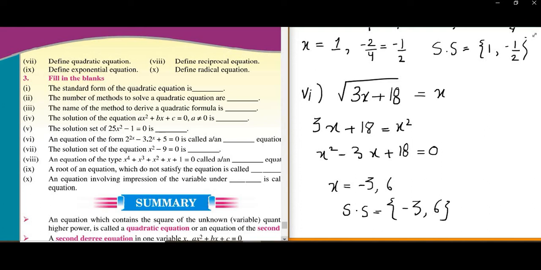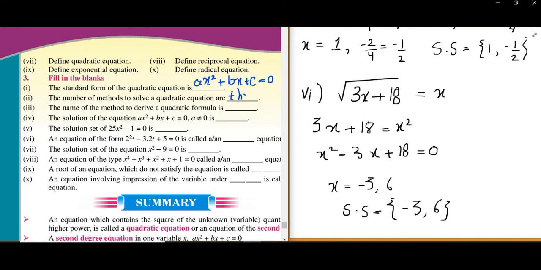Okay, filling the blanks. The standard form of a quadratic equation is what? What is the standard form of a quadratic equation? ax square plus bx plus c equals 0. The number of methods to solve quadratic equations is